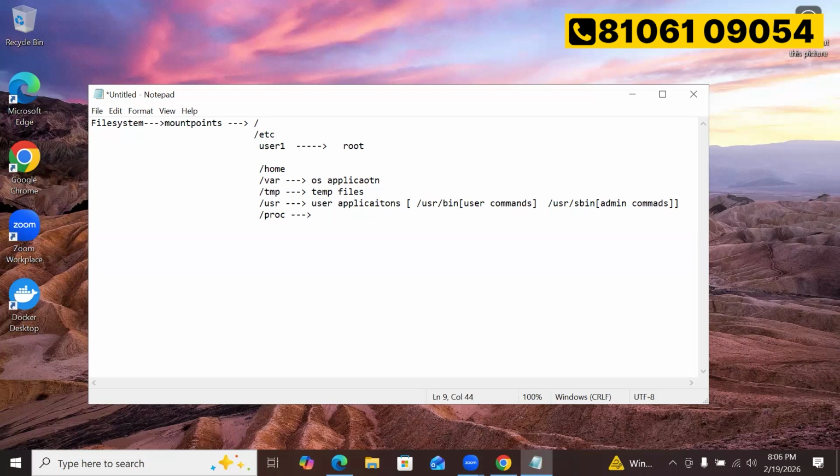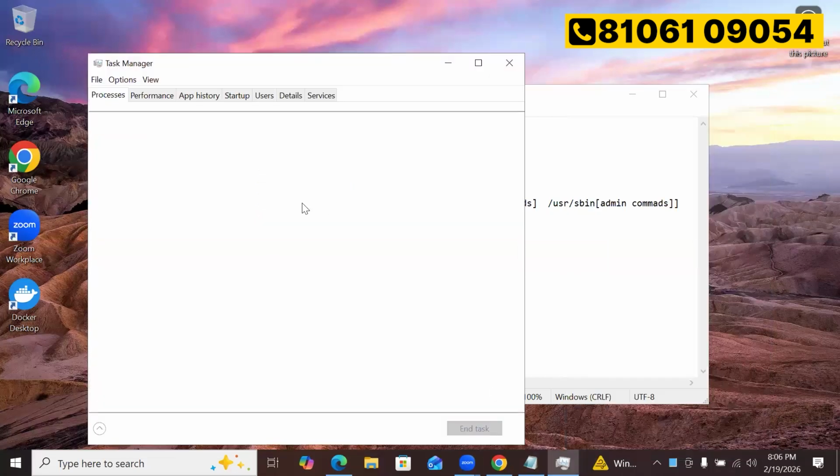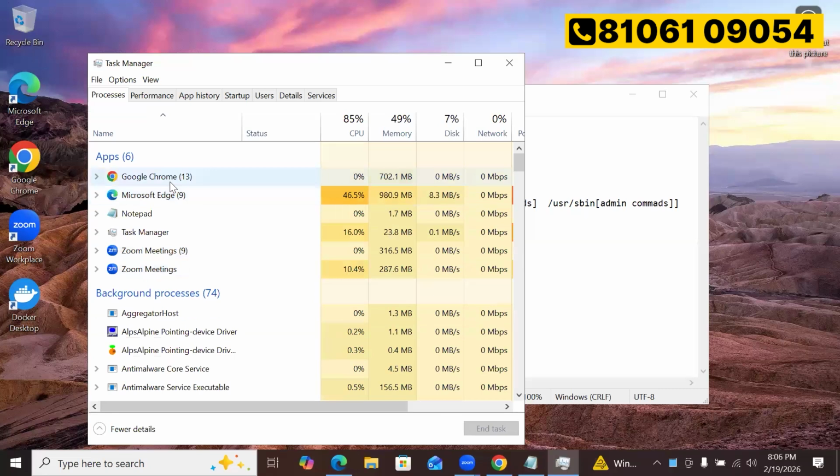In Windows, if you want to see any application running or system information, you can see it in the Task Manager. Suppose you look here, Google Chrome is a process. How much CPU and memory it is using, all the details you have right here.